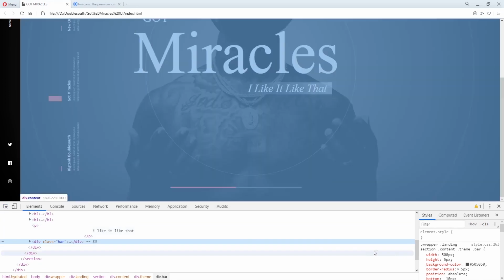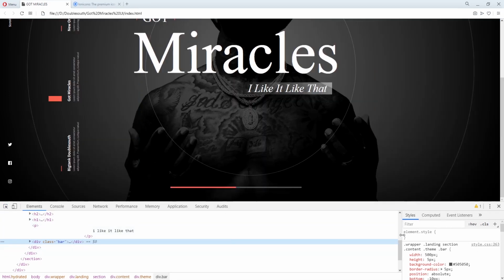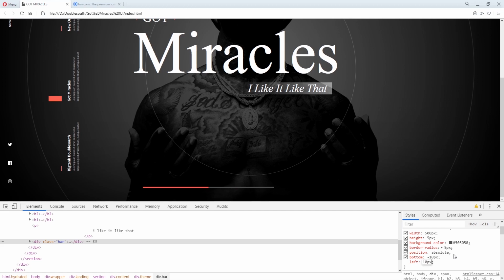But if you want to tweak it a bit, if we put left to like 10 pixels, we'll push it again, a very high number, mostly like 10 em.